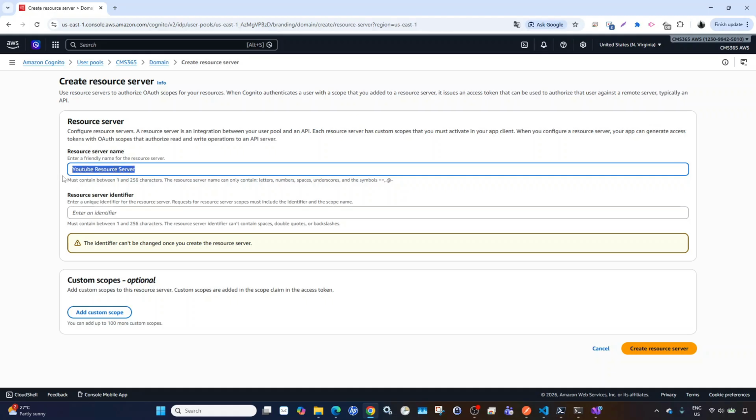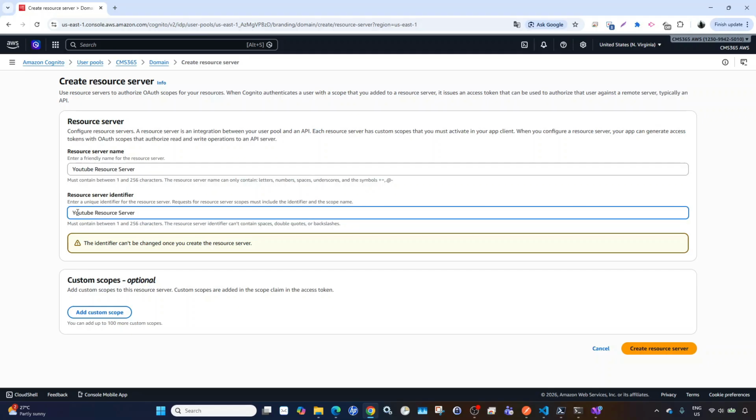So copy this name, paste it here, make it lowercase, and replace spaces with hyphen. You can create a scope here, or you can create the resource server first and then create the scopes. So click on create resource server